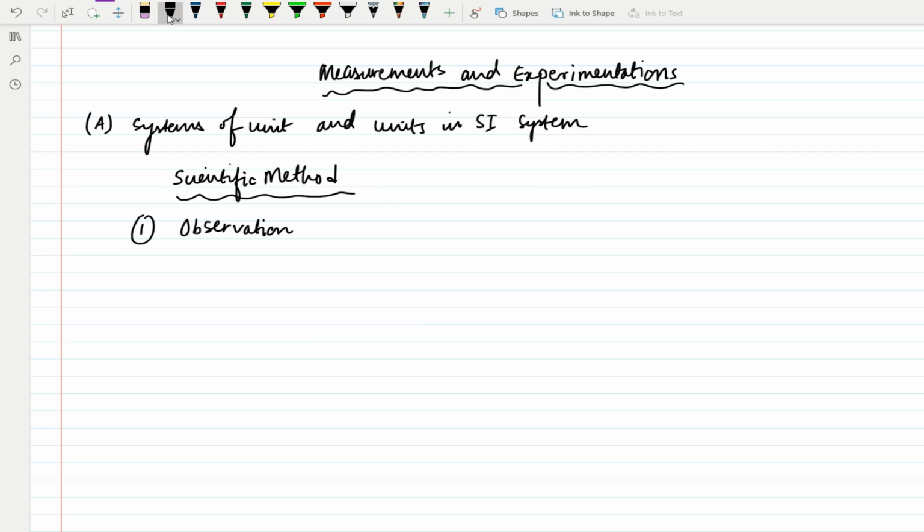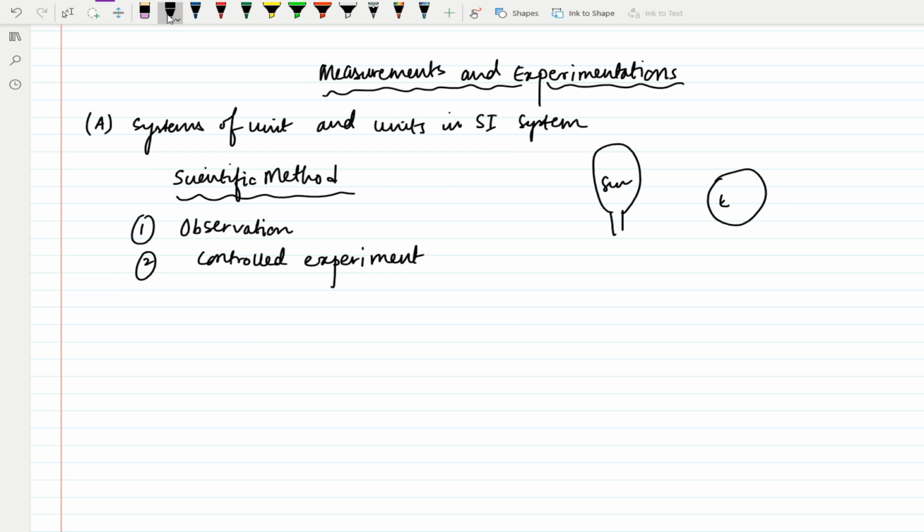Next, you will go in the lab and try to replicate that particular observation in a controlled experiment format. That means you will try to replicate the phenomenon which you just observed. Suppose you observed an eclipse happening, so you will try to make a model of it in the lab. Suppose you take a big light source, a big bulb, and label it as sun, and you take two small balls, and one you label as earth and the other you label as moon,